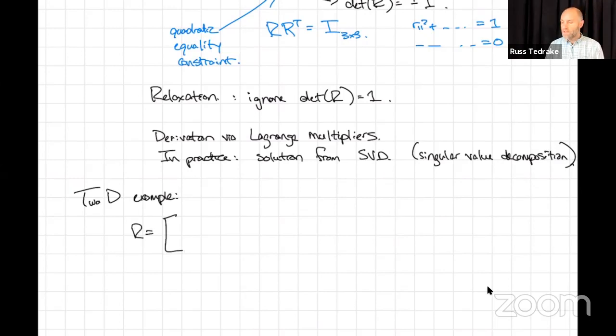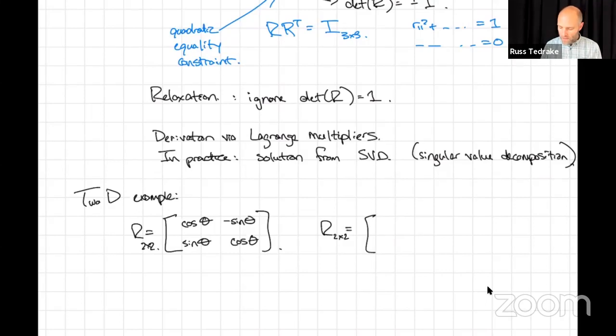I parameterize my 2x2 rotation matrix. Well, first of all, the way I would normally write them, I think of a 2x2 rotation matrix in this form, right? People have seen that. But I'm not going to parameterize it that way because I don't want to use theta. Those cosines, if I wanted to search over theta, that would be a nonlinear optimization. So what I'm going to instead do,